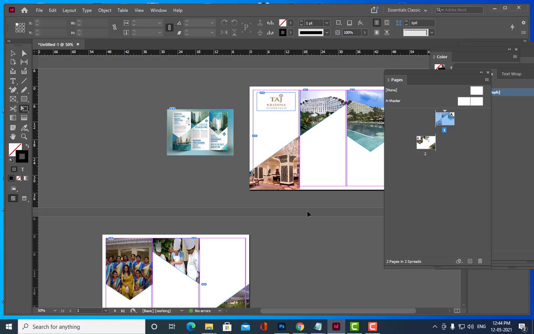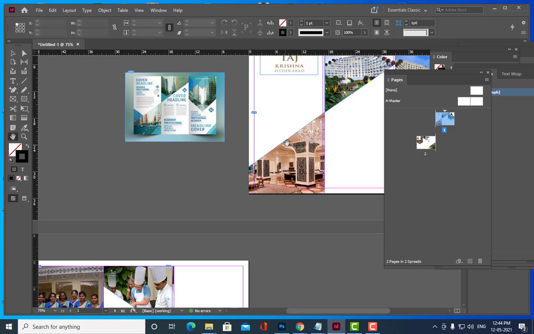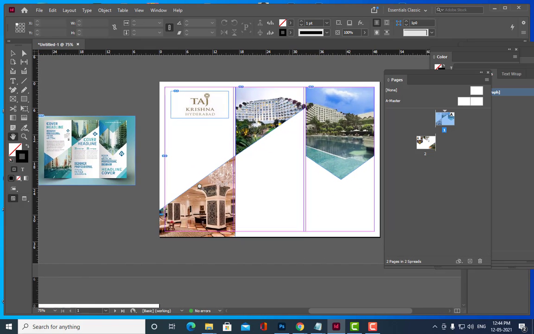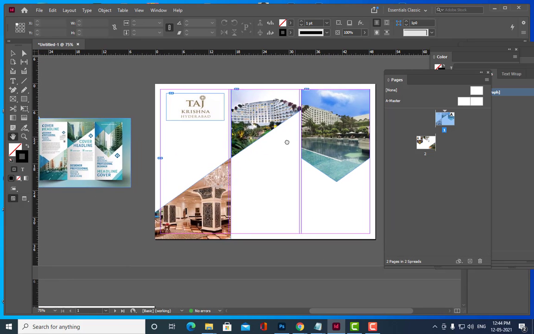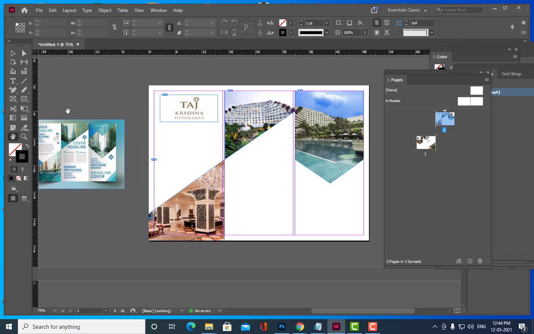Put a background here. See, actually we have a plain white color background. We'll put some different color instead of white color. So how we can put? We can create this rectangular tool.